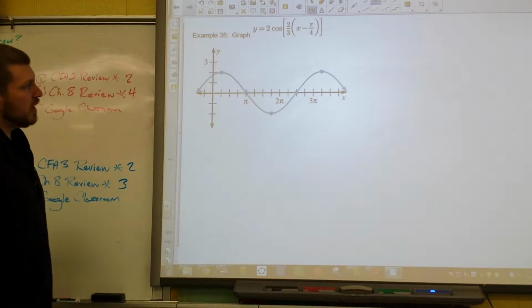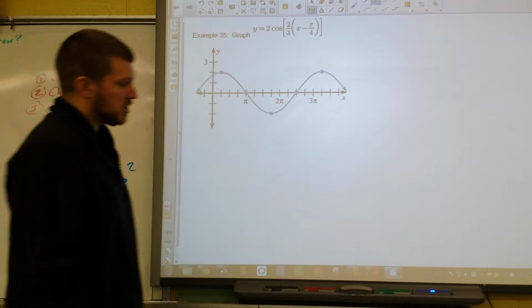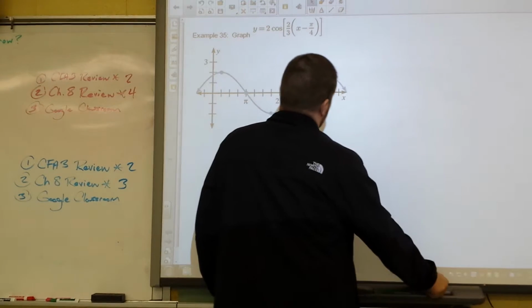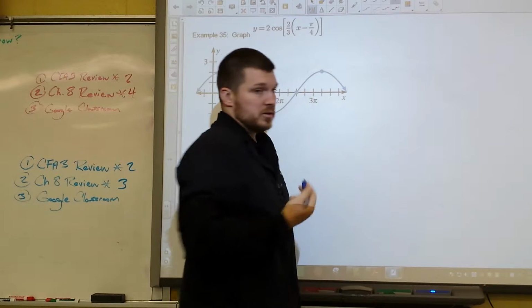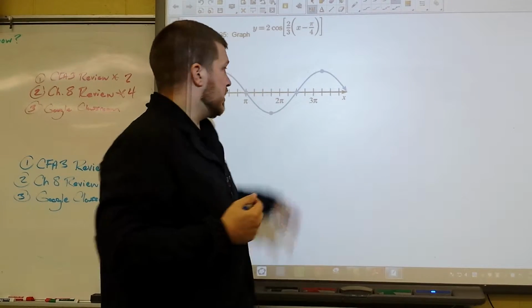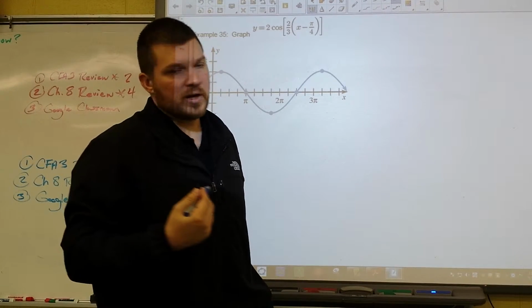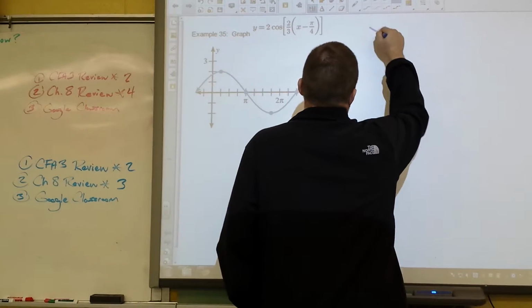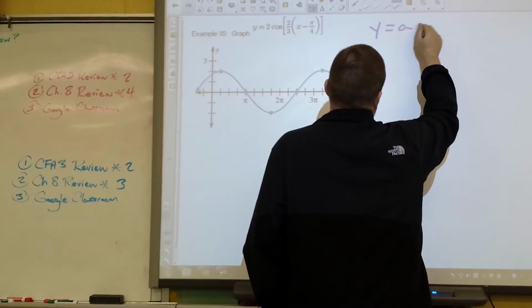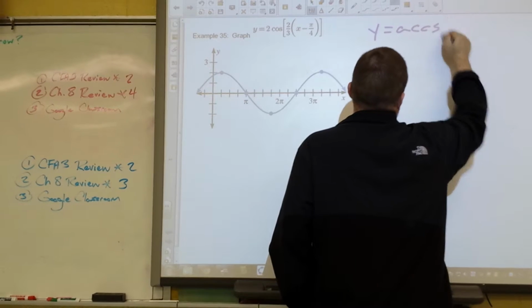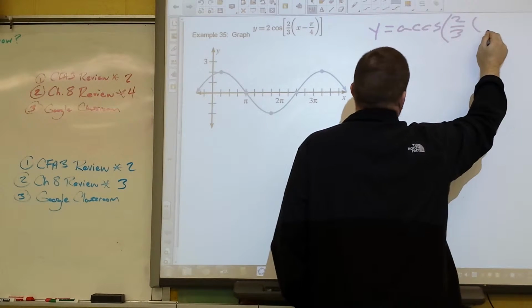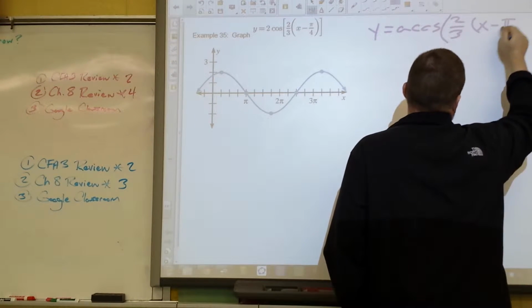Example 35, we have a cosine function. So first off, like we did before, let's compare it to the child cosine function. We're going to list out what we know is supposed to be true and then compare it to what's actually drawn and see if we got everything we're supposed to. So y equals a times the cosine of 2/3 x minus pi fourths